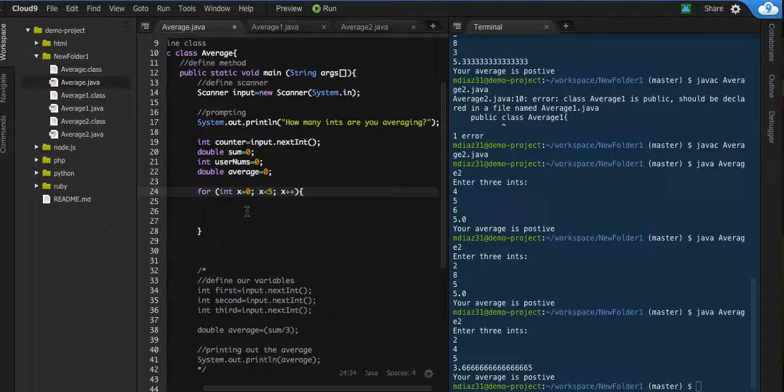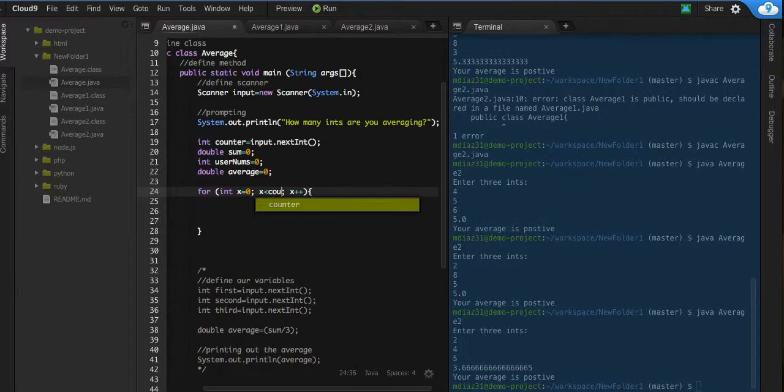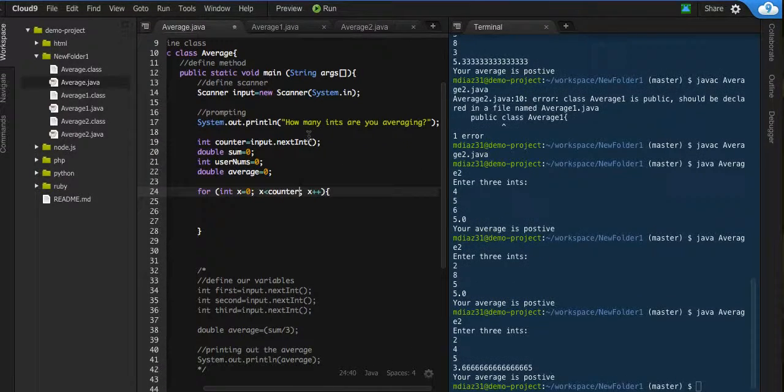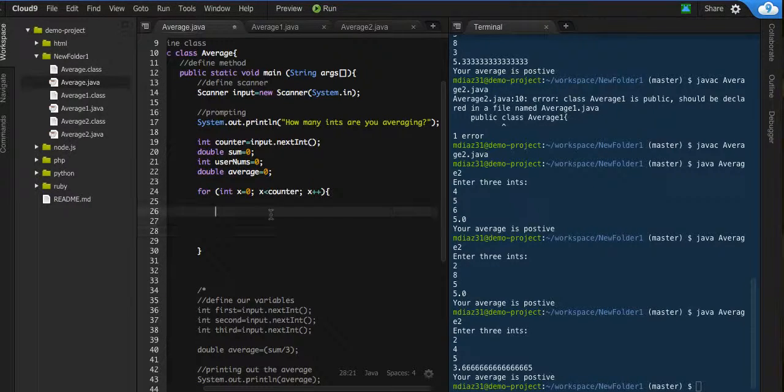So this loop is gonna run 5 times if I do it less than 5, but I'm gonna do it less than counter, which means it's gonna run the number of times that the user enters here for counter. So if they say I'm gonna enter 6 numbers to average, this thing will run 6 times. Now for the stuff on the inside. So each time,